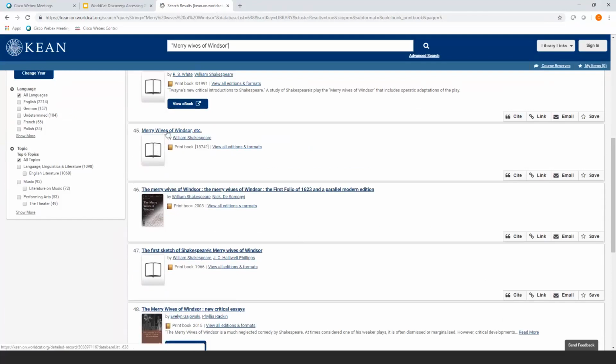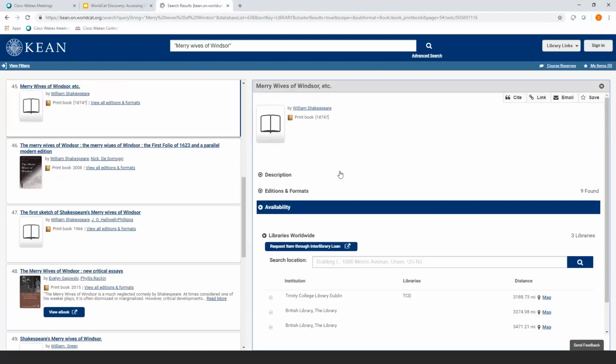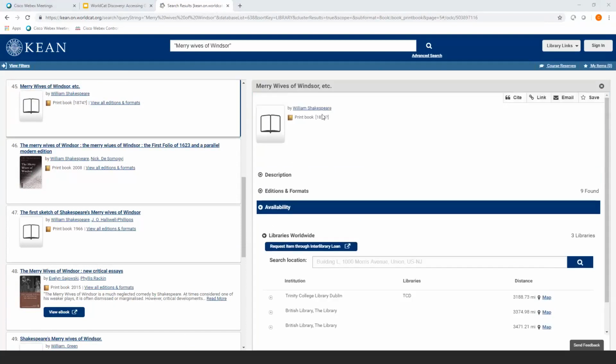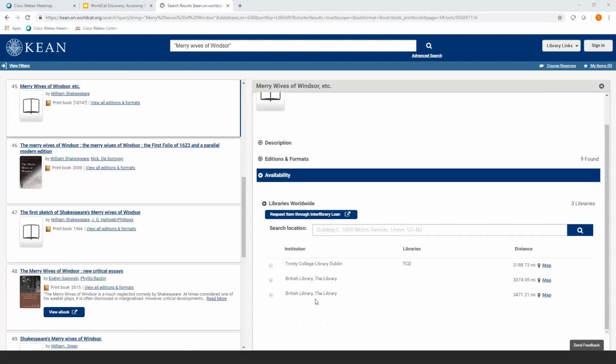So in this case, what you would do is you would click on it, and what this is going to show you is what libraries have it, what the closest libraries are that have it. And you'll notice here, unfortunately, this one, and this could be because it's from 1874, is held at the Trinity College Library in Dublin. If you ever have the opportunity to go, please do. It's a beautiful, beautiful library. And